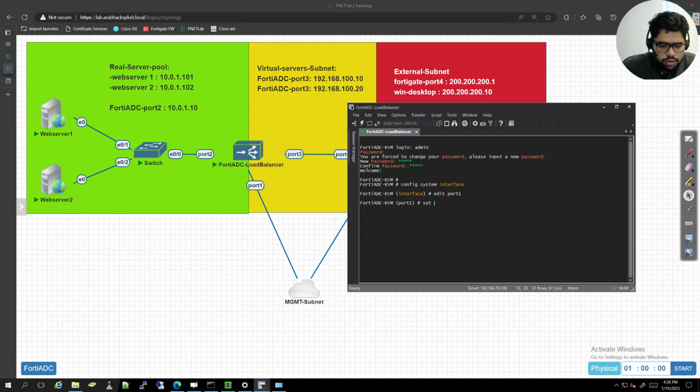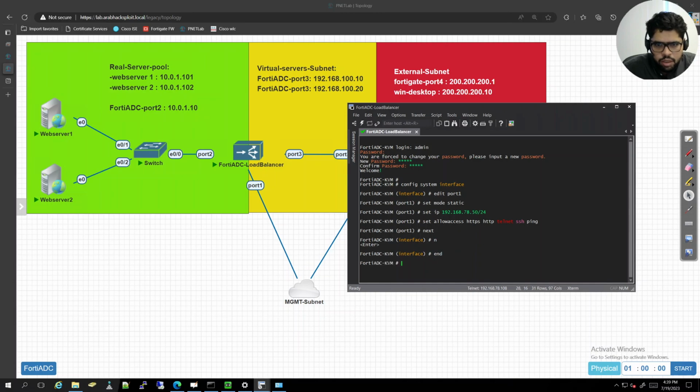I'll set mode static and set IP 192.168.78.50/24 and set allow access HTTP, HTTPS, telnet, why not SSH, and ping. Then I will say next,